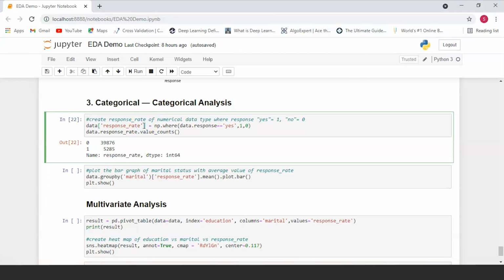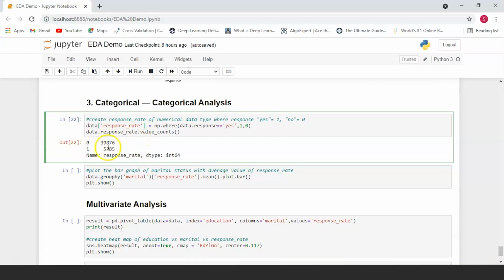Now in this case, since our target variable is the response rate, we will see how different categories like education, marital status, all of these are associated with the response rate. So instead of yes or no values, we're going to be converting them to 1 and 0. And by doing this, we're going to get a new column called the response rate column.